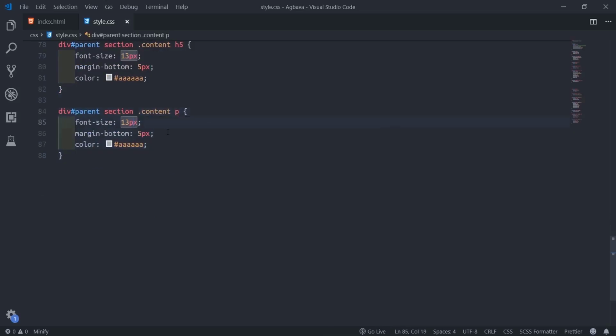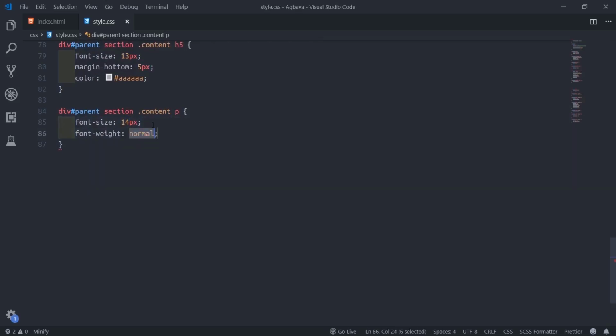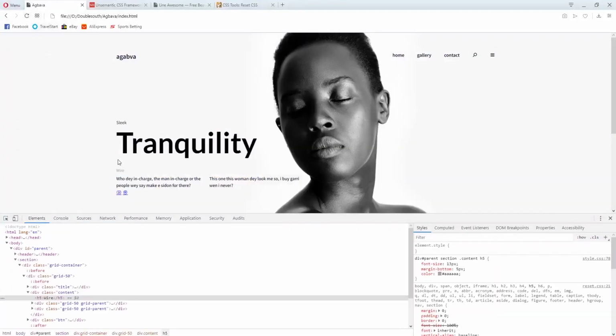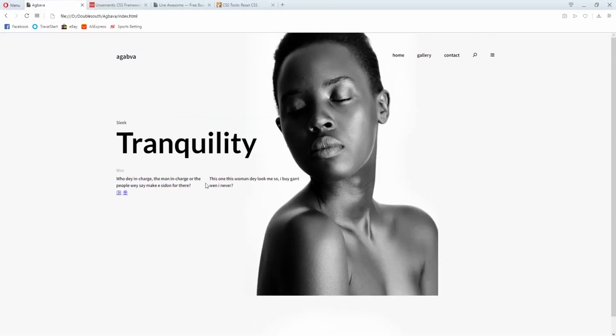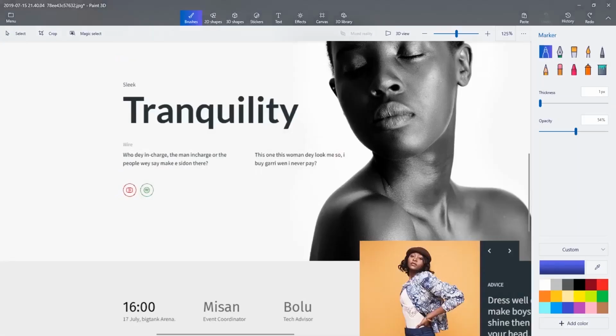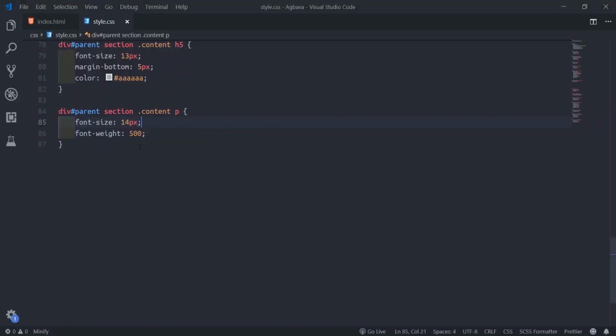Paragraph inside the content. So what I'll do, I'll set the font size now, maybe 14 pixels. Then the font weight, maybe 500. So more run, I'm going to see. All right, they see it also. Should they see? So I see they near this one small. So we don't get this one also.